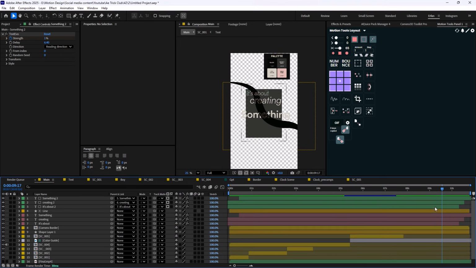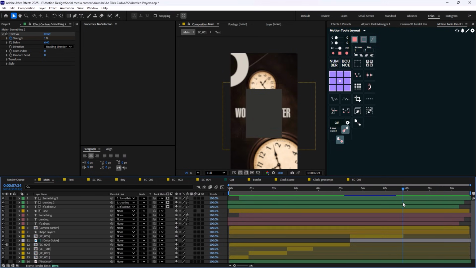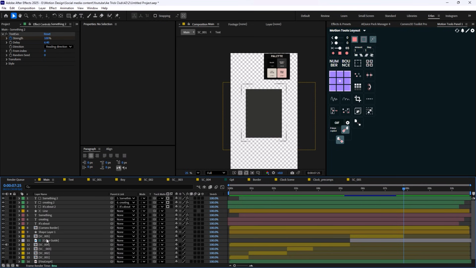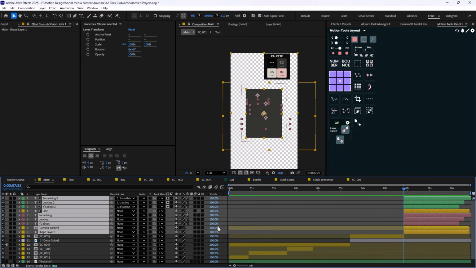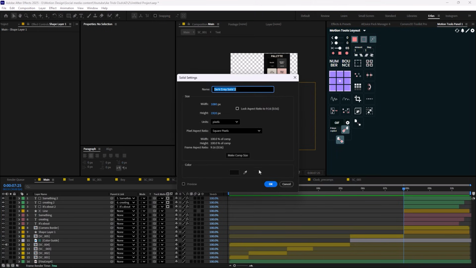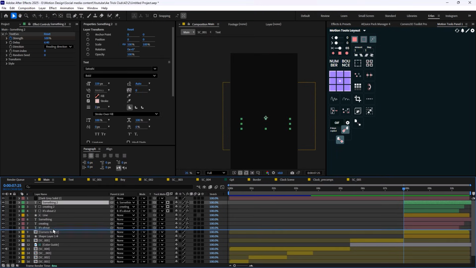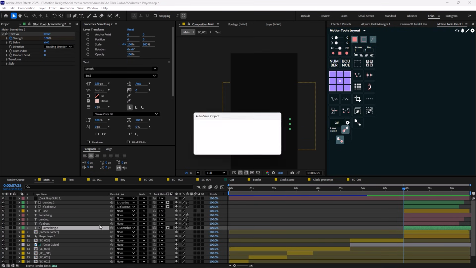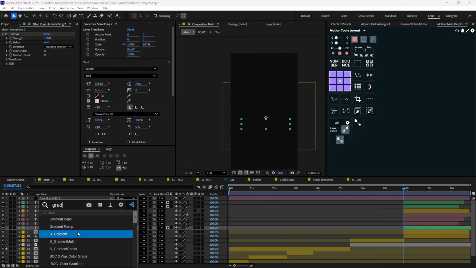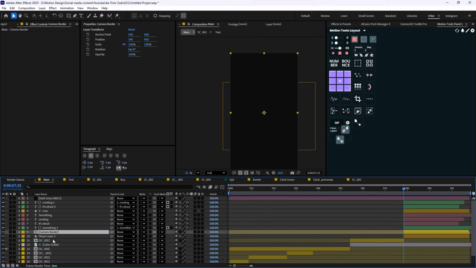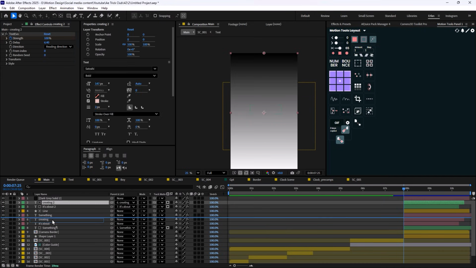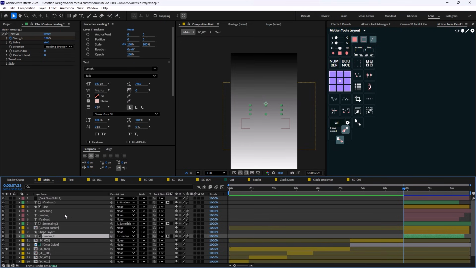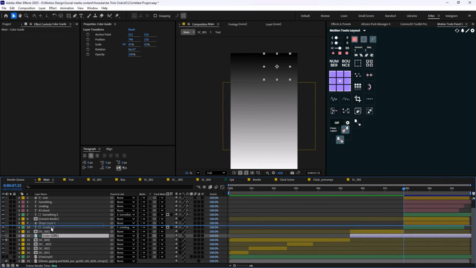Let's add another background, but first let's go in here and trim the beginning so we can know this is just for the scene 6. I'm gonna create a new background and place it in here. We're gonna add a gradient ramp effect into it. Alright, let's push it beneath the shape layers and reveal the color.